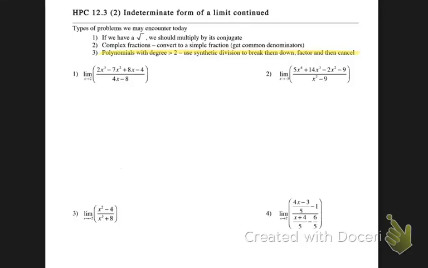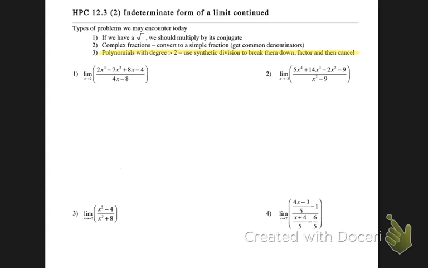This is our video for 12.3 day 2 notes. We're still looking at indeterminate forms when the limit produces 0 over 0, but specifically we're going to look at limits of functions where the polynomial has a degree greater than 2. And when that happens, we're going to use synthetic division to break it down, factor more, and be able to